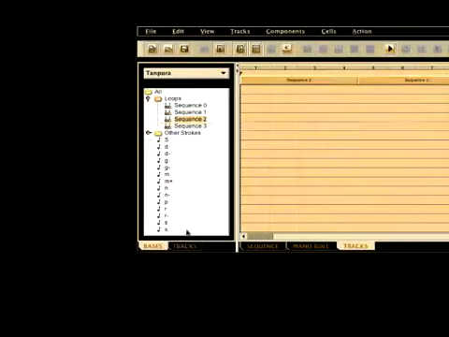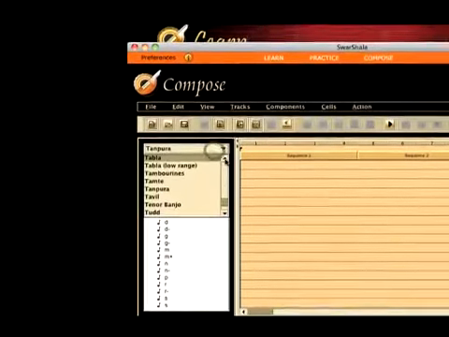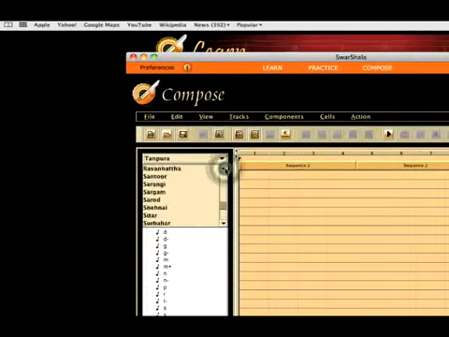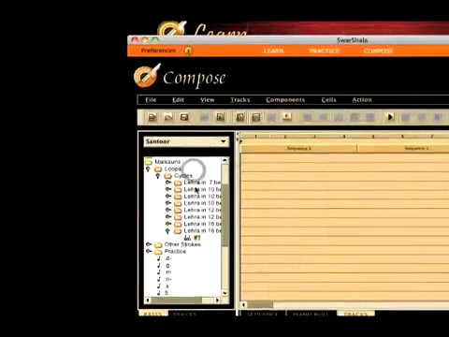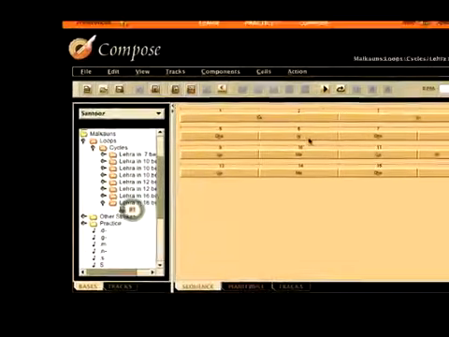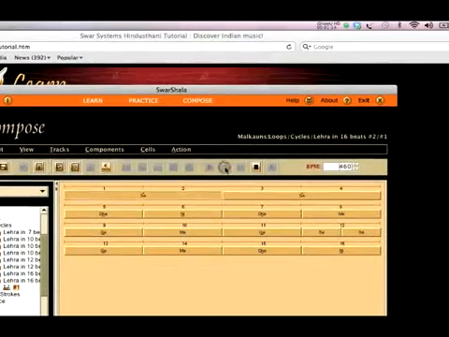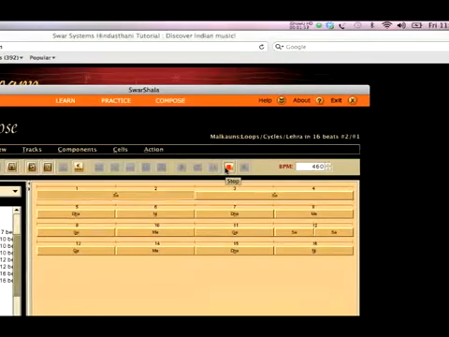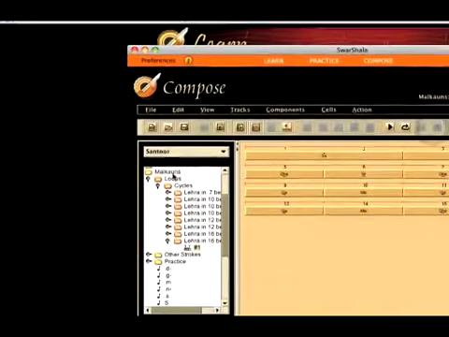I'll now go to Santoor base and I'll select a sequence among loads of sequences that are there in different ragas. I'll select a 16 beat sequence from Rag Malkauns.